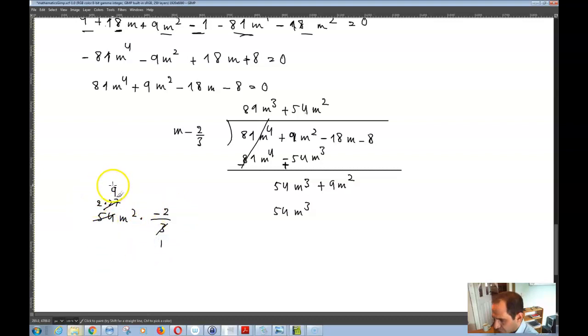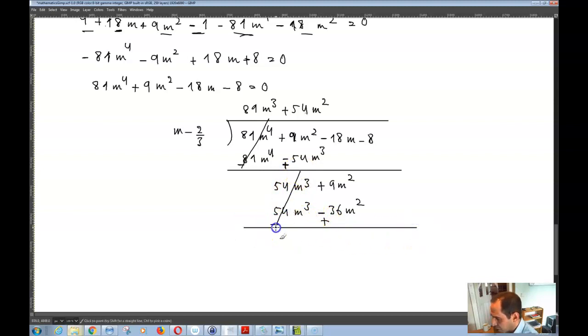And so you get 4 times 9, which is negative 36m squared. So then negative positive, because I want to subtract, and these will be cancelled out. And then you have 9m squared plus 36m squared, which is equal to